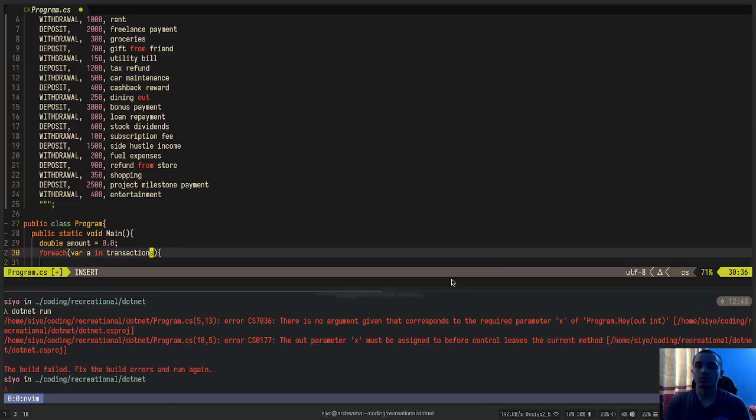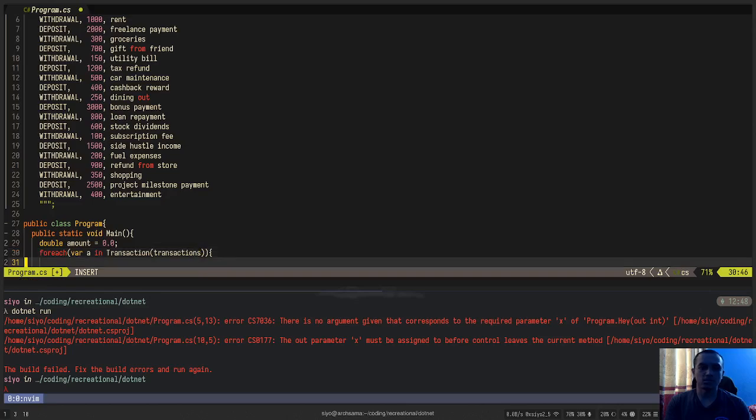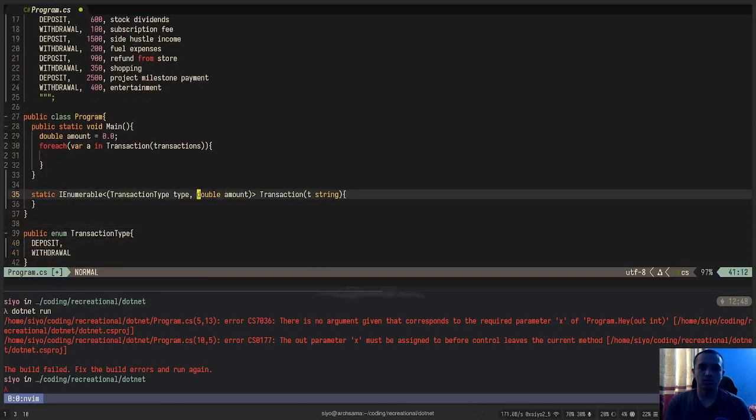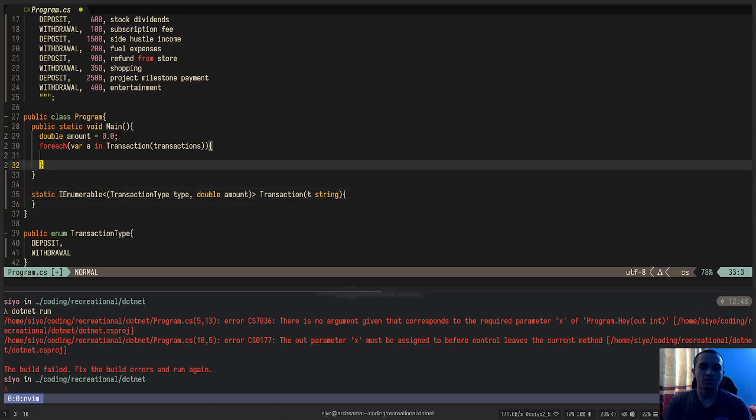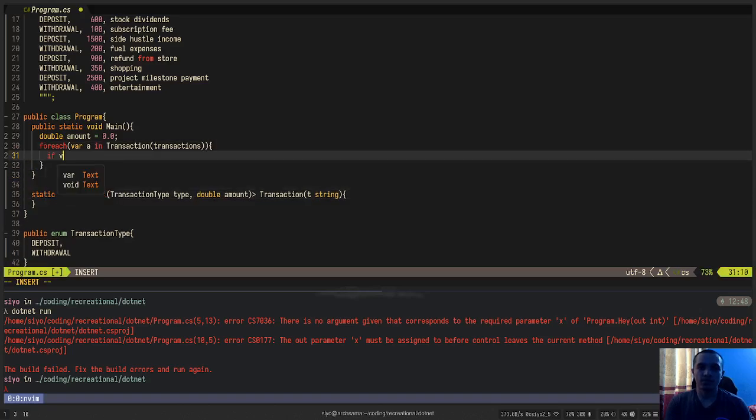I cannot do this, and this is not enumerable, so I have to wrap it as a transaction of type transactions, and this returns enumerable. Okay, foreach, if a dot,